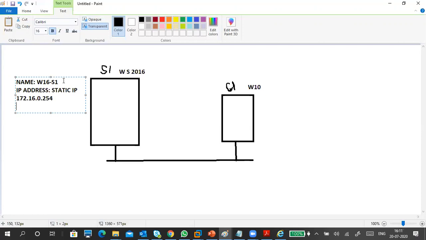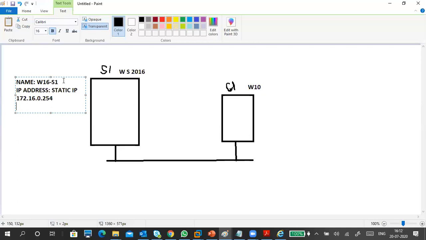So for safekeeping, I want to put my server as an end device, meaning from last to first: 254, 253, 252, like that. It makes it more unique, so you won't get a conflict. Conflict means if for the server I give a 10 and the client is also a 10, then a conflict will occur. If two PCs have the same IP address, a conflict will occur. I am giving this IP address to my server. You should give a different IP address. Any IP address you can give, public or private, no matter.